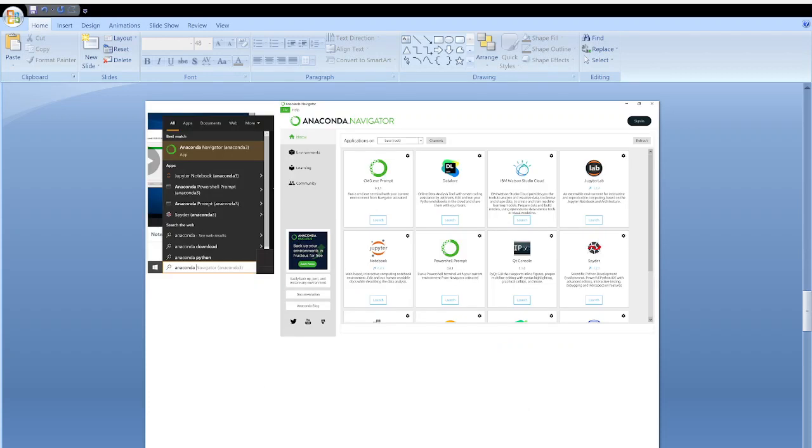Once it is installed, again in the search bar you can type Anaconda and then open this Anaconda Navigator. Once opened fully, it will look like this. Here a lot of applications are there in Anaconda, like Qt console, that is IPython here, Spyder, but I will be using Jupyter. So once installed and this window is shown to you, you just launch it.